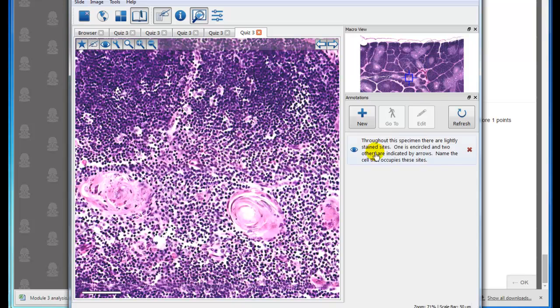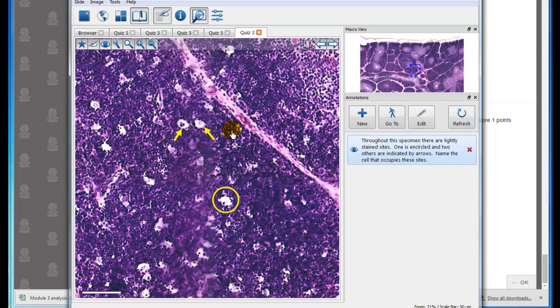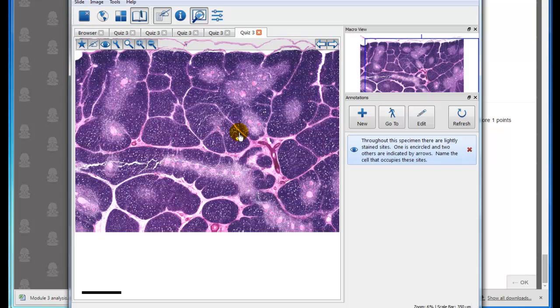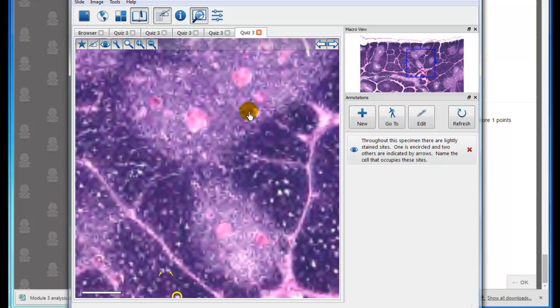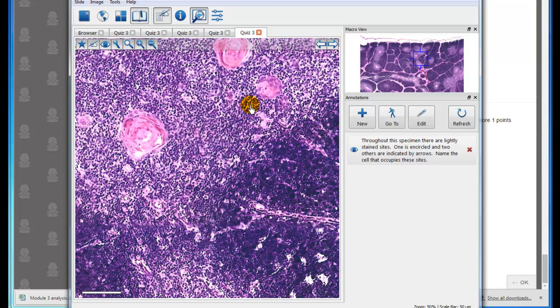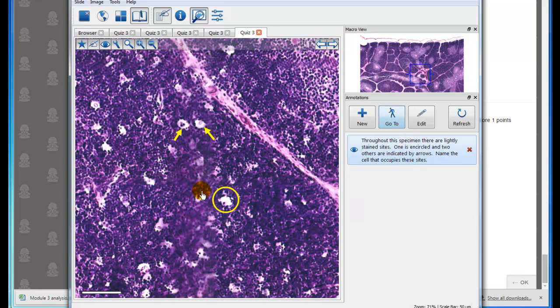So now we go back to the original question, and then you can even reduce the magnification here and see that pattern. You can verify that this truly is the thymus by seeing the Hassall's corpuscles in the medulla, and then go back to the original thing we asked about and think about the cortex, because this dark area is the cortex. And those are macrophages that are taking out the cells that are produced